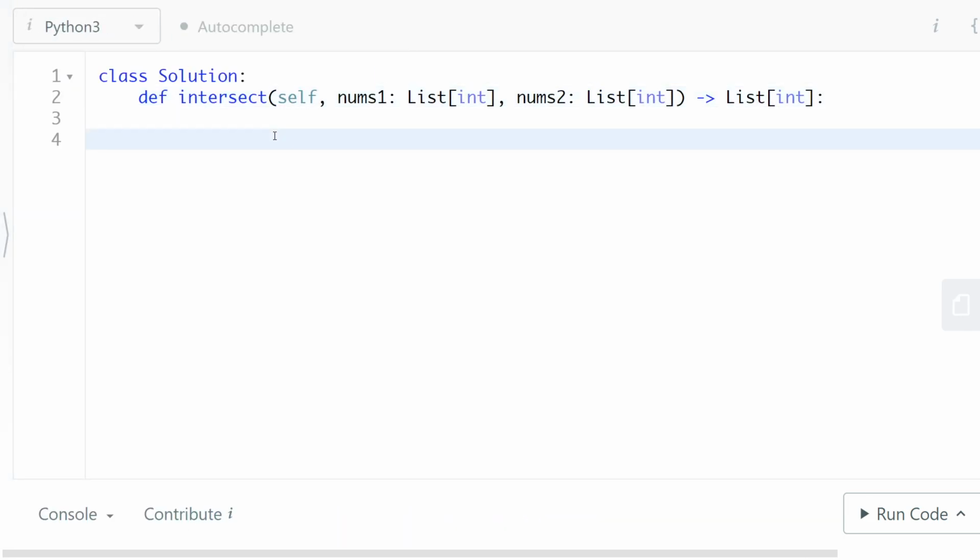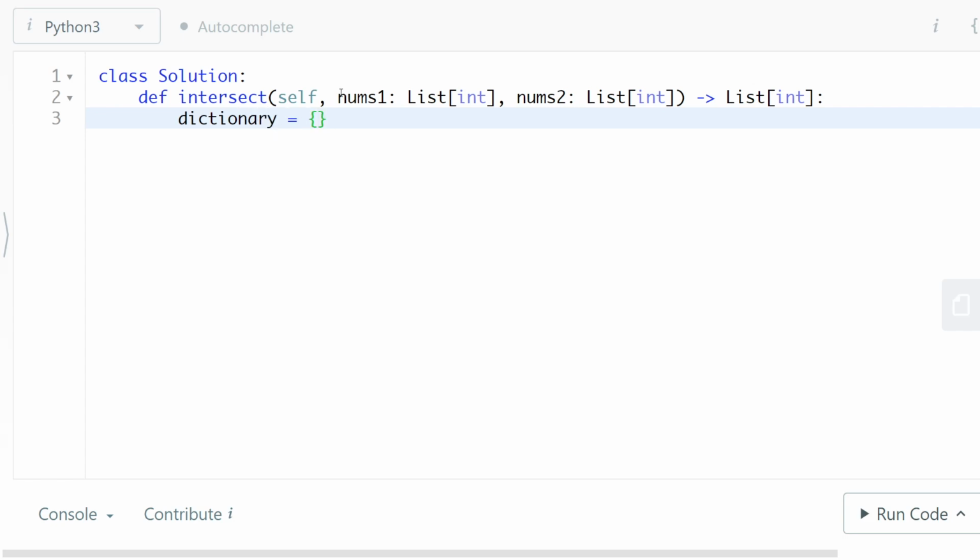So the first thing that we would do is we would create a dictionary, and dictionary is also known as hash map in some other programming languages. And the concept is pretty similar, that we would store key value pairs, and then we would have an array, and this is where we would store elements that appear both in nums1 and nums2. So we will do for number in nums1,